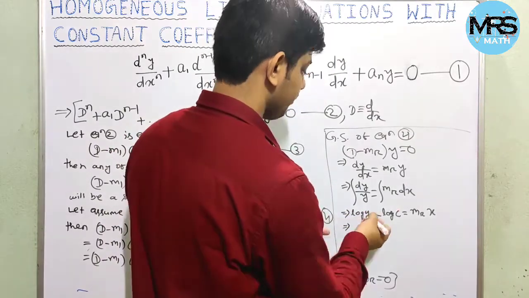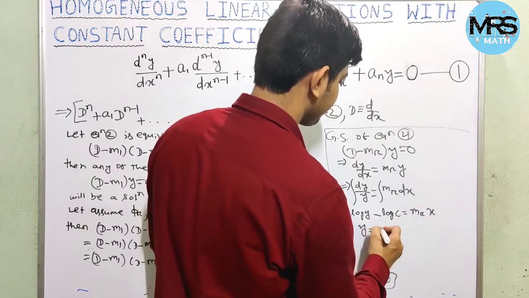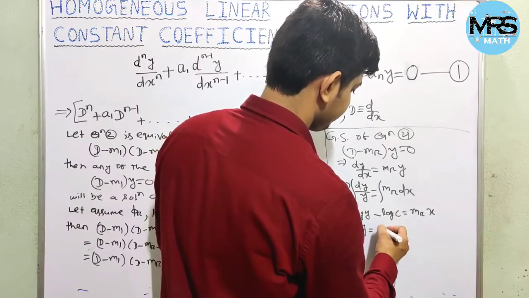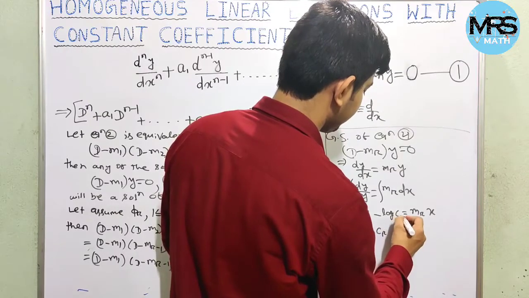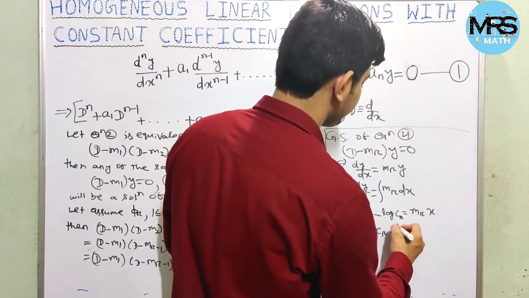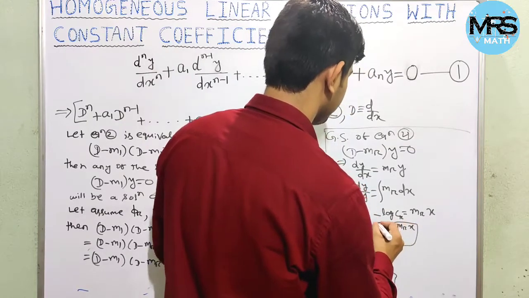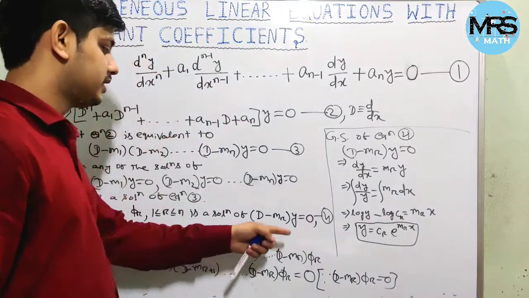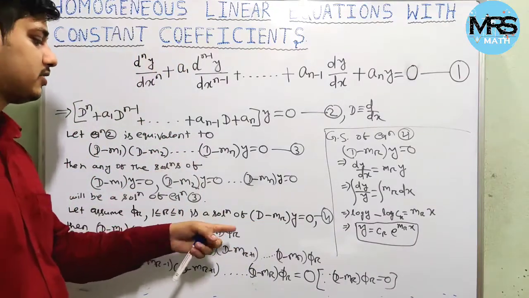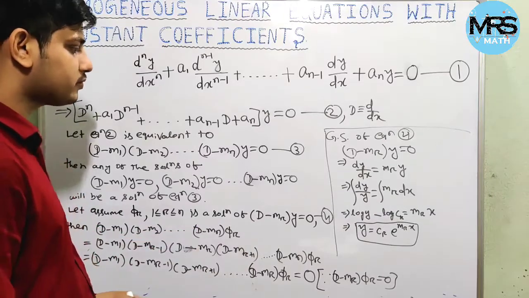If we solve this equation, we will get y as a constant cr into e to the power mr x. So y equal to cr e^(mr x) is the general solution of this equation number 4, right? So now